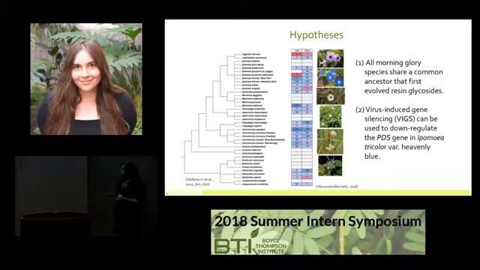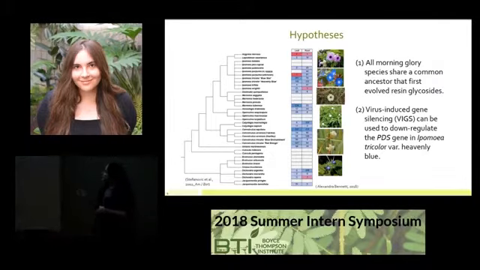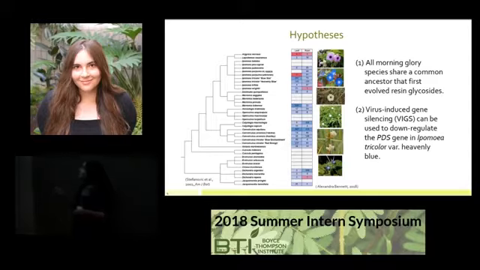So what she did is she picked various species to represent as thoroughly as she could the spread of morning glories, which is a very diverse family. You can kind of see how it varies from the flowers we're used to seeing to plants that look a little strange. And Alexandra Bennett started to map the diversity of resin glycosides in both the root and the leaf tissue. As you can see from this figure, anything from one resin glycoside to hundreds per plant, depending on the